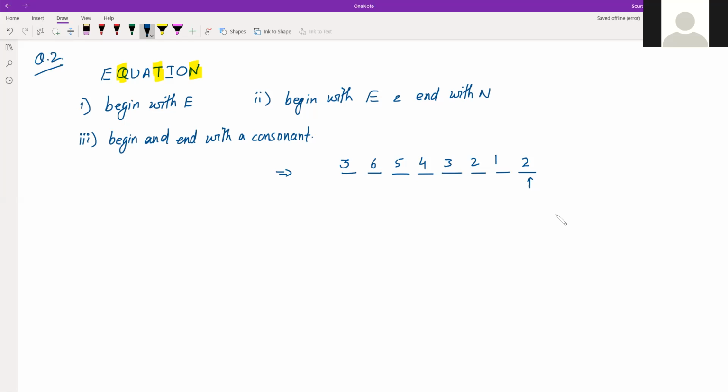Vedamsh, what was your answer? Yes, it's the same thing, but in the first answer I told, I took O also as a consonant by mistake. So I took 4 and then 4 other. That's why I got 12. Okay, so 4 into 3, 12 into 6 factorial. Okay, no problem. So these are your consonants.